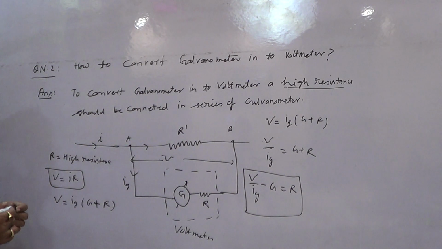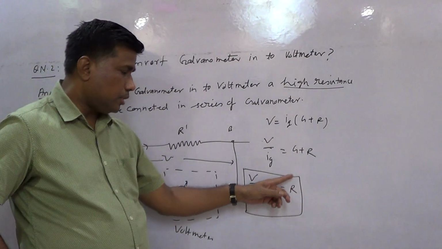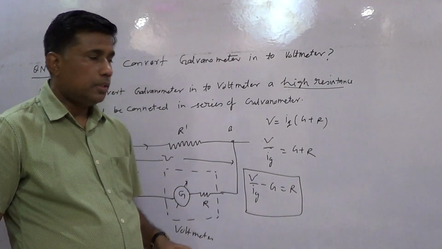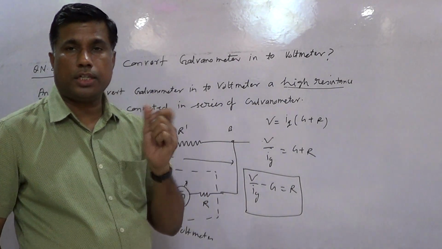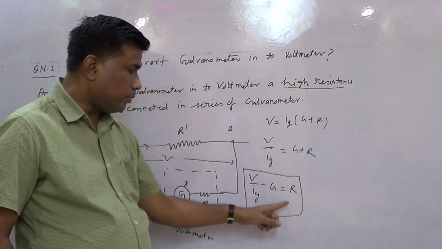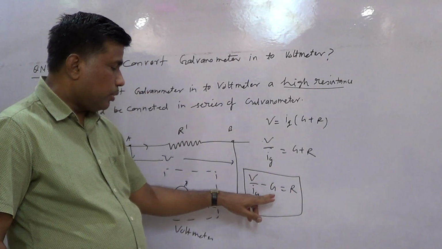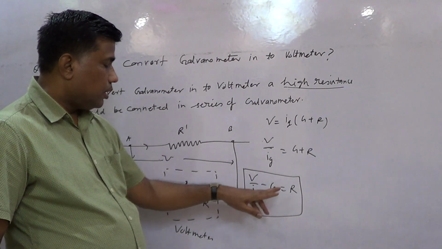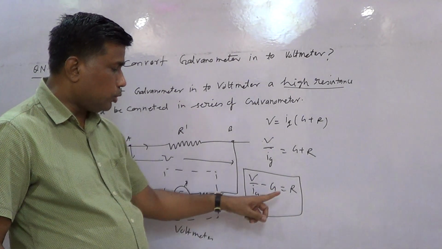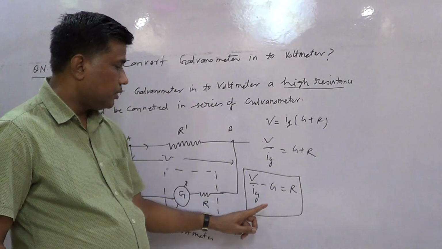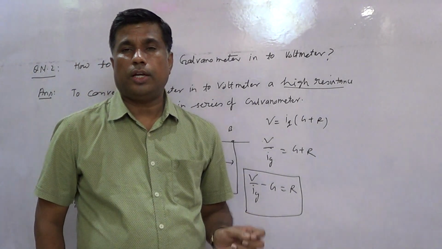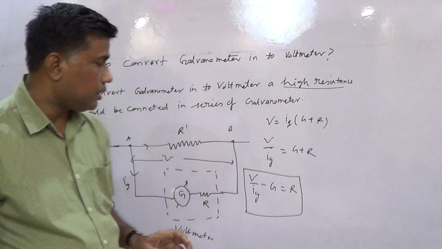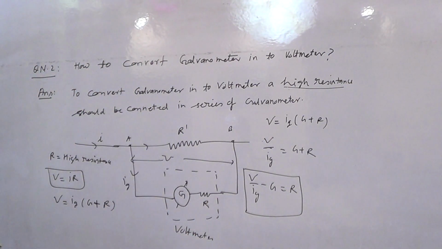to convert galvanometer into voltmeter. In most of the problems, the value of R will be asked, that is, how to convert a galvanometer to make a voltmeter of this range. What value of resistance should be added? So many times any variable may be asked, but most of the time this value of R will be asked. So you can use this formula to calculate the value of R, how to convert galvanometer into voltmeter. Student, please write it. Thank you.